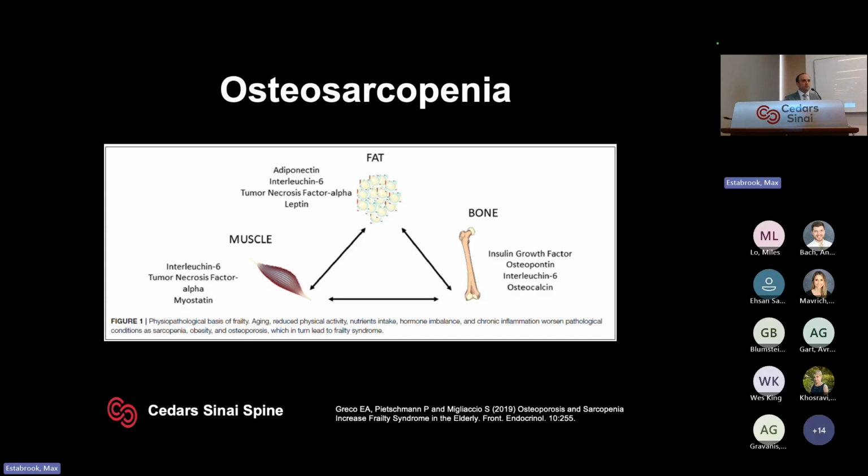Muscle is affected by bone and vice versa. So all these things kind of add together to create this condition of osteosarcopenia. And we know that a hallmark of both is fatty infiltration. So fat infiltrating the bone marrow is a hallmark of osteoporosis. Fat infiltrating the muscle is a hallmark of osteosarcopenia. Okay, so these are probably complex conditions, but have a lot of overlap and probably shouldn't be looked at in